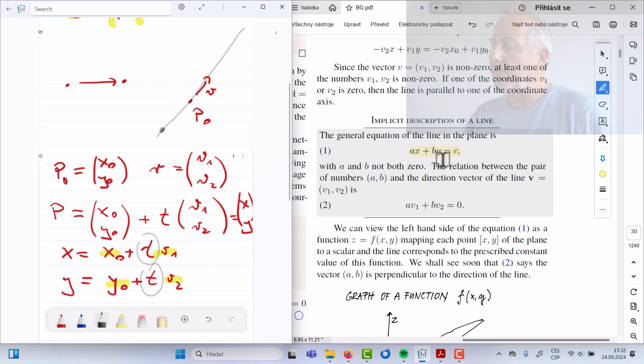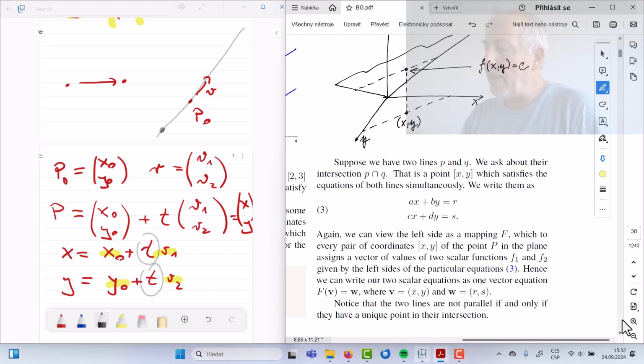So that's very easy. And you can imagine that if you want to describe implicitly a point this way, it's possibly described in really many ways as an intersection of two lines. So you can write the first line, the second line. And now we come to the good point,